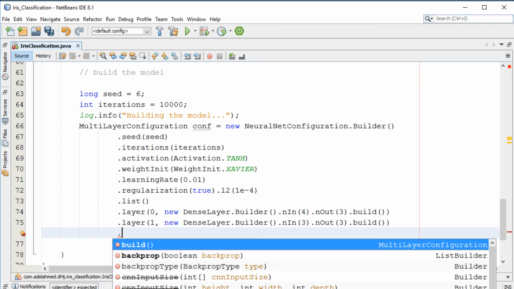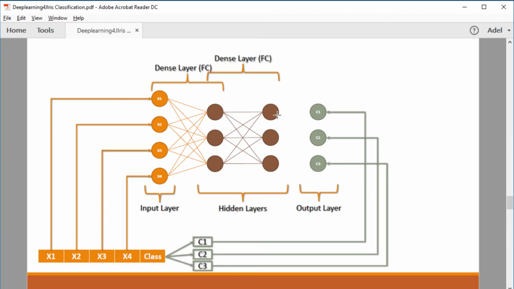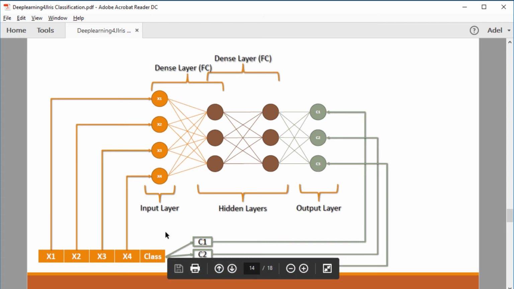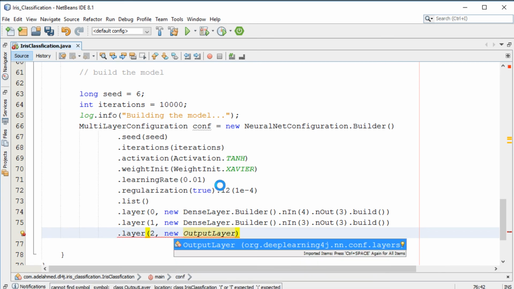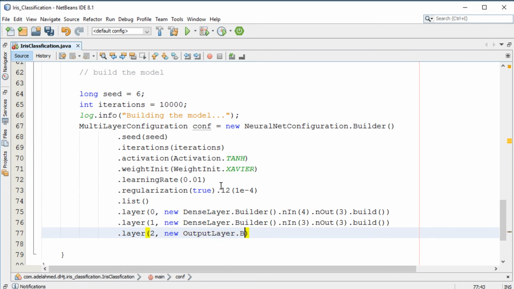Then, going back to the design, we need to specify the output layer. The output layer has 3 outputs because we have 3 classes in the data set, and of course the output layer is always densely connected, and that is by default. So we'll add another layer, layer number 2 in this case, and this is the output layer. There is an output layer class, and we're going to call the builder, of course. And we can specify the loss function,